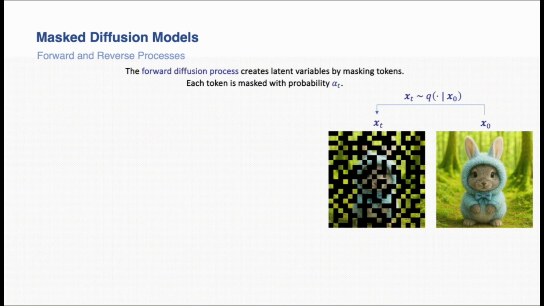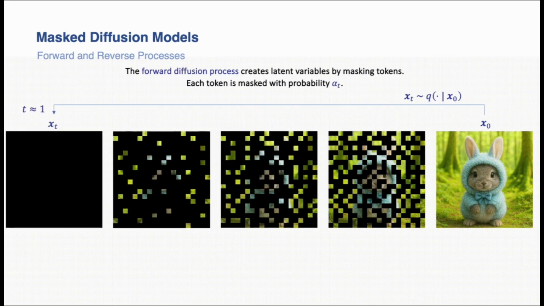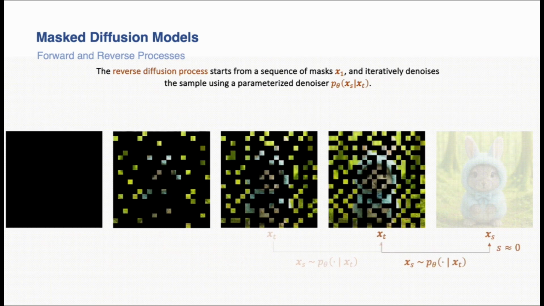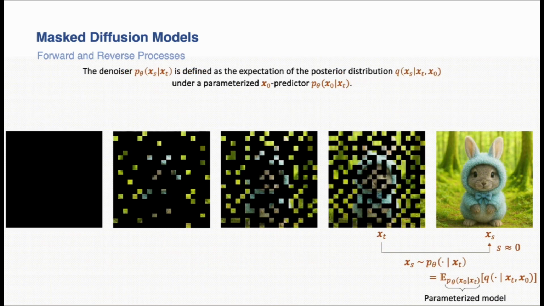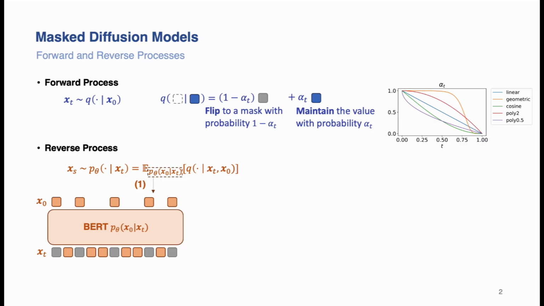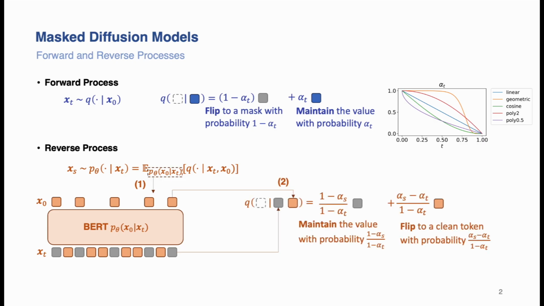The goal of this work is to improve mask diffusion models, which is a new type of discrete generator that can be used to generate text, image, or anything that can be tokenized. In this framework, we have forward and reverse diffusion processes. The forward process is controlled by a scheduling function alpha t, which determines the probability of keeping the value of a token. In the reverse process, we train a model to predict the missing token, and we can use Bayes' rule to derive the probability of flipping the token to the prediction.